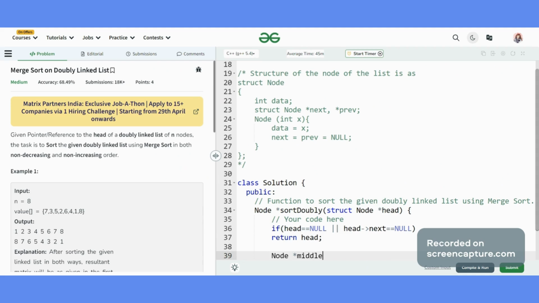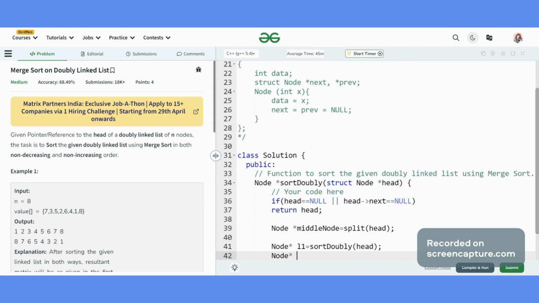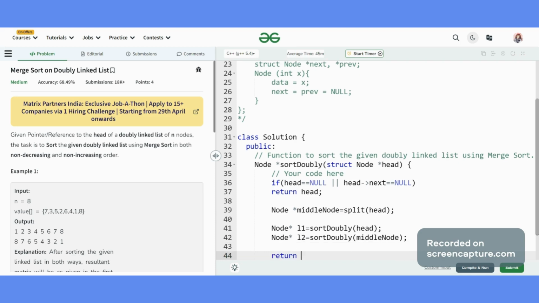So middle node, and here I'm splitting the linked list into two linked lists. This will start from the middle node. At last I will merge.